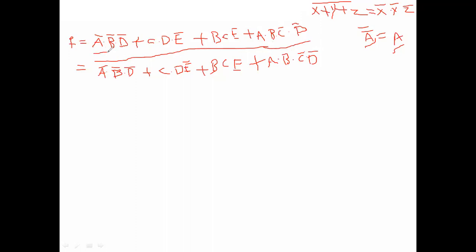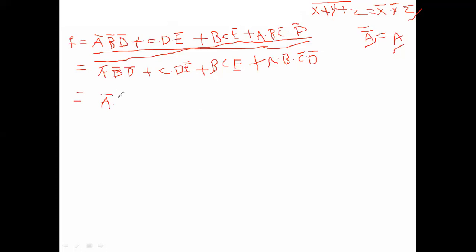Okay, one time, two times complement is applied. Now take one time complement, then we are using De Morgan's theorem. So what happened here? X plus Y plus Z plus P or P plus Q plus R plus S whole bar is equal to P bar dot Q bar dot R bar dot S bar. Okay, so take this as P. So P bar means